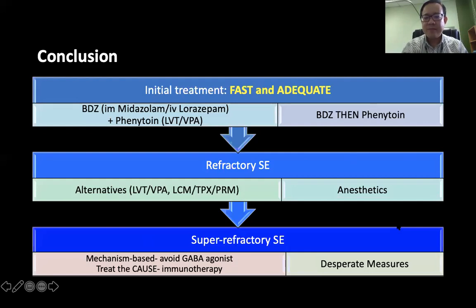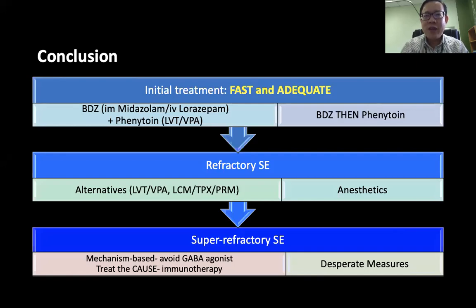After the second line anticonvulsant fails, which one is the most preferred drug you use according to your experience? Do you prefer ketamine or thiopental, or do you also use propofol? When we send to our ICU, our neurosurgeons will use thiopentone. But if the thiopentone cannot control the seizure, then we will do EEG monitoring and try phenobarbital.